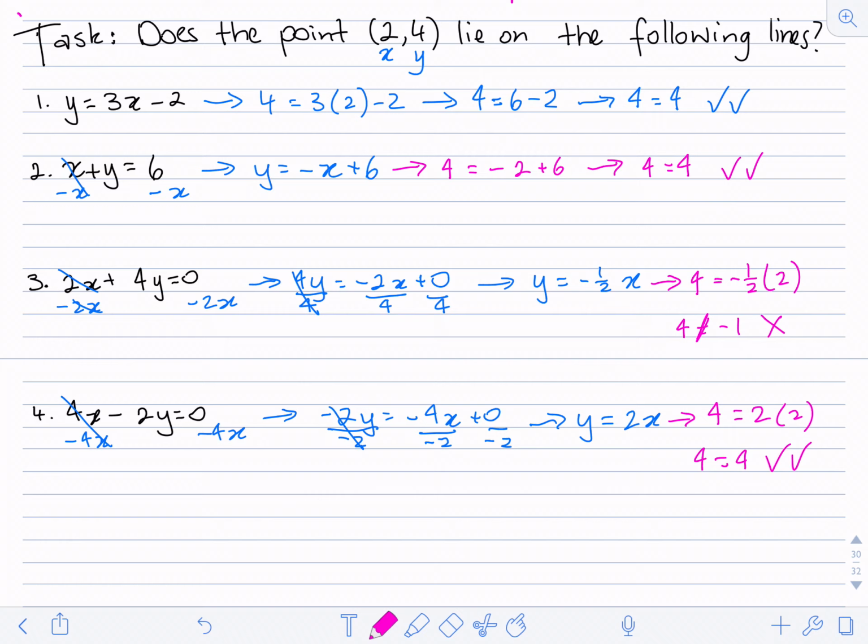So now we can substitute in y, which we found to be 4. 4 equals 2 times 2. Yep, 4 does equal 4. So that one does lie on that line. So 1, 2, and 4 do lie on that equation. Number 3 does not. Hopefully that helped you. If you have any further questions,